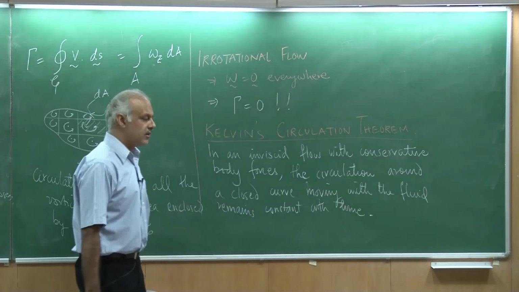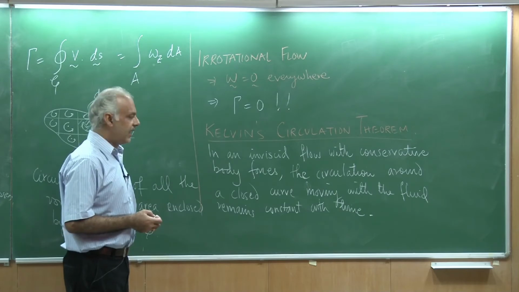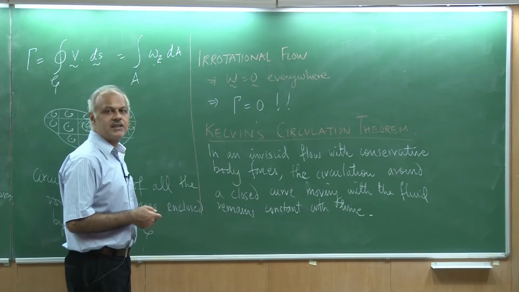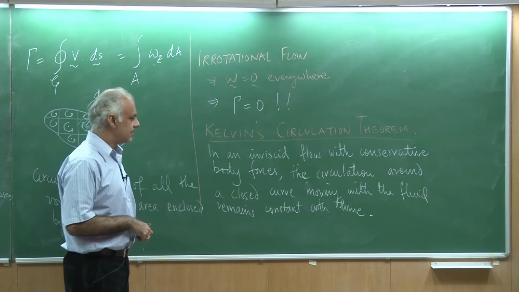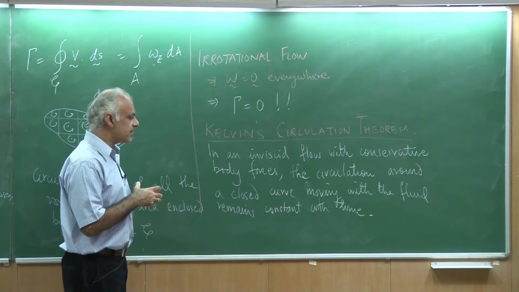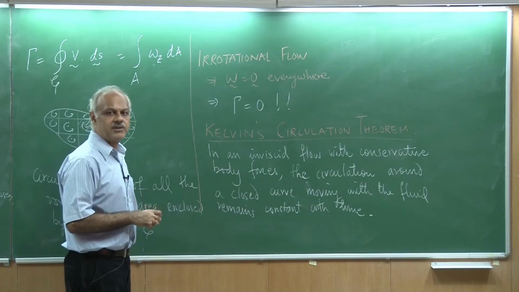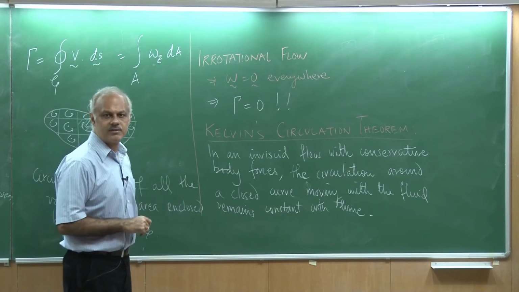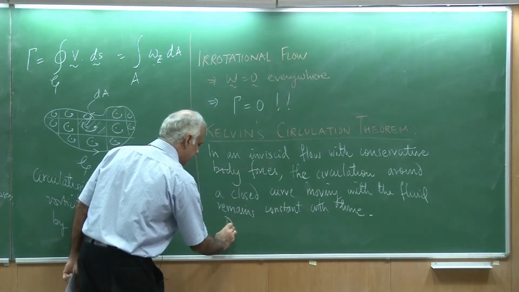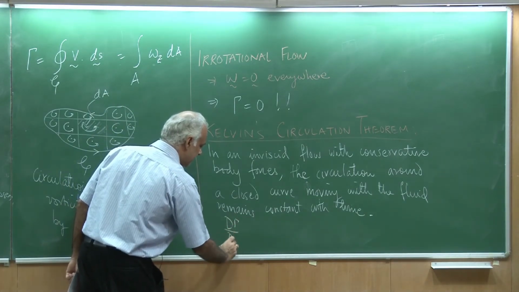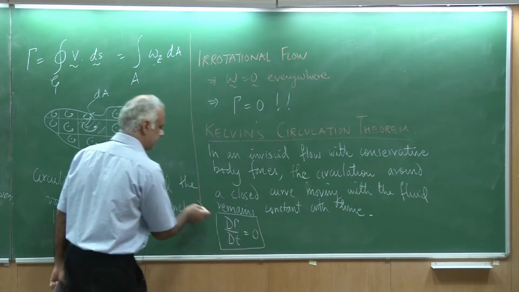with time. So, what Kelvin's theorem tells us is that if I have a flow and I decide on making a certain curve C, and that curve is going to obviously enclose certain fluid elements, but now I move this curve in time so that it encloses the same set of fluid elements at all times. So, essentially the curve convects with the flow, okay, it encloses exactly the same elements at all times. Then he says that the material rate of change is 0, which means d gamma dt is 0. So, this is Kelvin's theorem. It is a very important result.